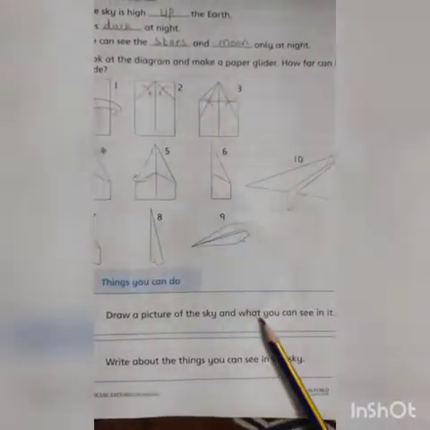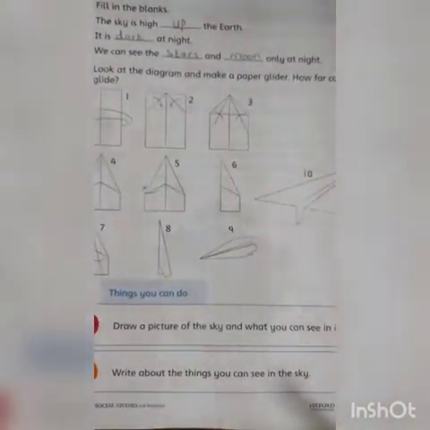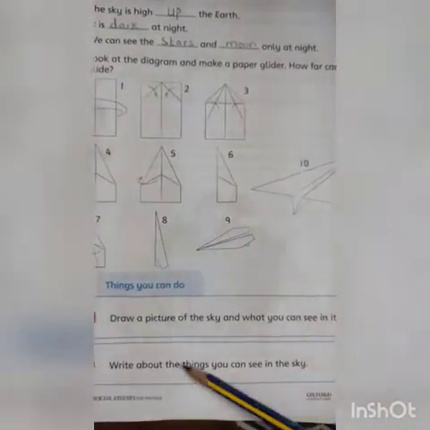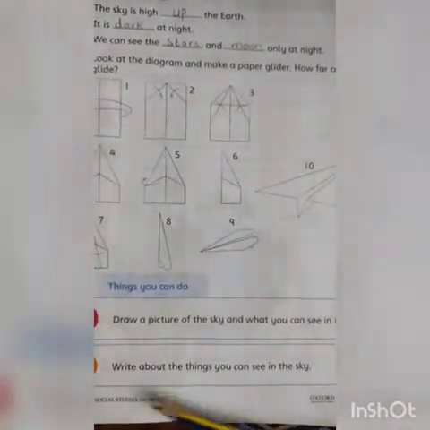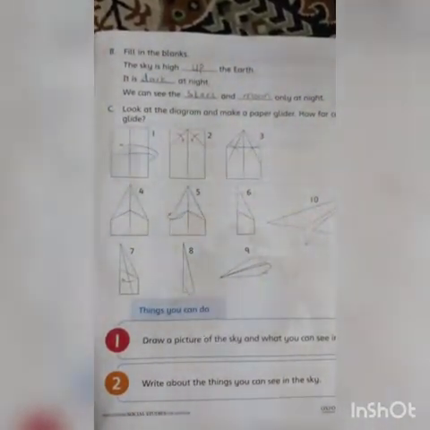Draw a picture of the Earth and what you can see in it. Write about the things you can see in the sky. This is also your homework. You make a picture of the sky and write what you can see in it, and you also write about the things you can see in the sky. So your homework is to do all of this chapter